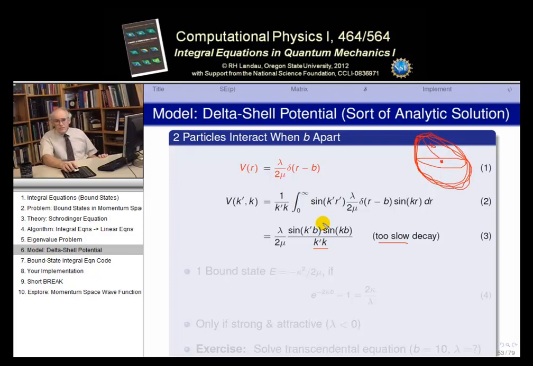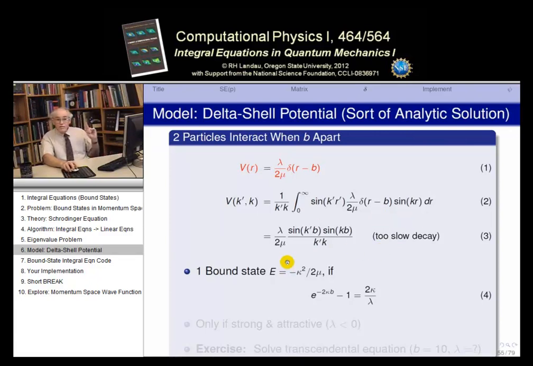But other potentials with Gaussian fall-off have much better numerics, but they don't have anything analytic to check with, or a simple form for the potential that you could use here. So for pedagogic purposes, we're going to do a problem which is hard to get very accurate numerically, but we'll go ahead and do it anyway because it's easy. Okay? This potential is nice in that it has one bound state only, and it has a bound state at